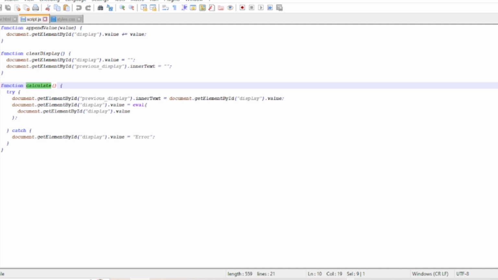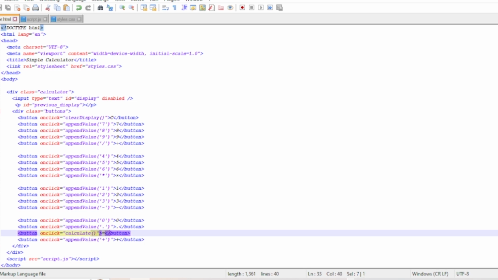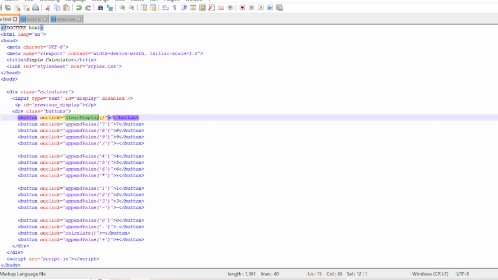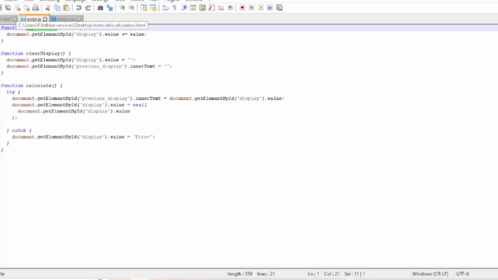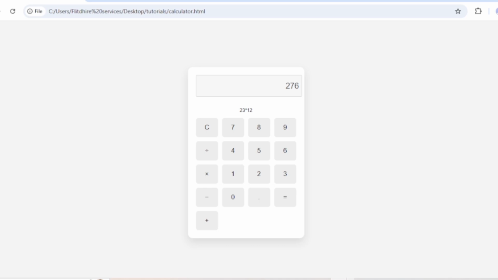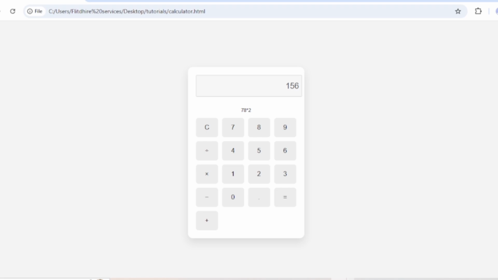I have the calculate function, which is fired off when the user clicks on the equal to sign, and the clear display, which fires off when the user clicks on the C, which is the initial for clear, and append value, which simply appends values when the user clicks on these buttons. So remember, you can clear the display, and clicking on 7 will display 7, clicking on 8 will display 8, and when you click on the multiplication sign, it then displays that, and when you click on equal to, your function calculate